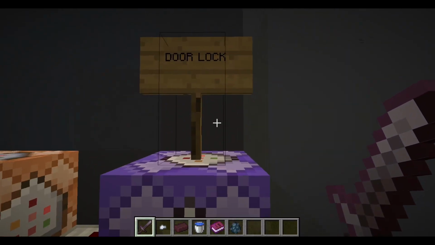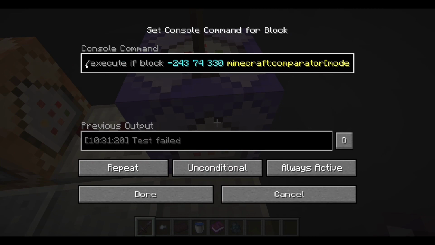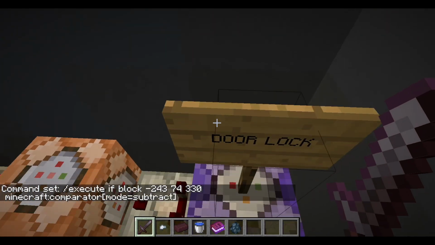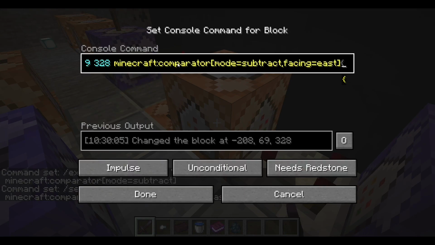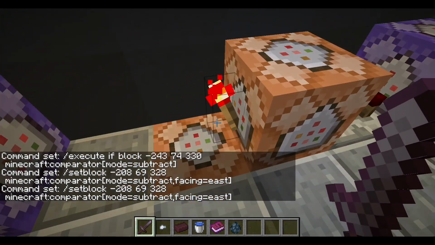So let's start with the door lock, since that's chronologically what you do first. So it's obviously just looking for the execute if the block, the comparator, those coordinates is in mode subtract. So that's very simple, and if so, what it'll actually do is set block at the coordinates of the door lock comparator on the actual console. It will change that comparator to subtract mode as well, and facing east, just make sure it's facing the same way. And then once that is turned off again,